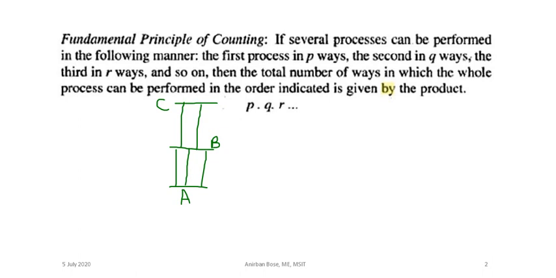Another way, maybe we can go from A to B by this lift, and then go by this lift again. This is another way. So the question is how many ways we can go from A to C. To solve this problem, since from A to B there are 3 different ways, in 3 different ways we can go from A to B, and then from B to C we can go in 2 different ways. So total 6 different ways we can go from A to C. This is the meaning of this first formula.